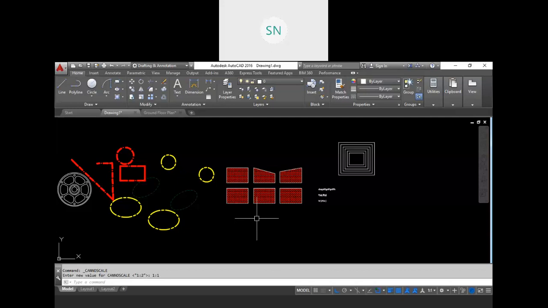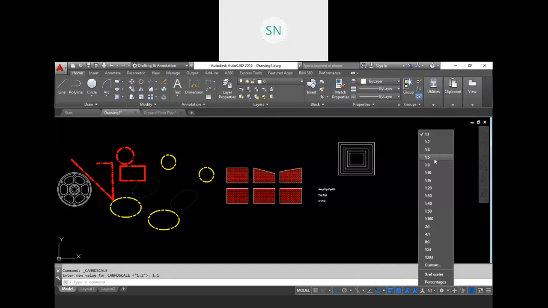That you have to find out. It's a scale factor, nothing else. 1:2, 1:4, 1:5, 2:1. It's a scale factor.